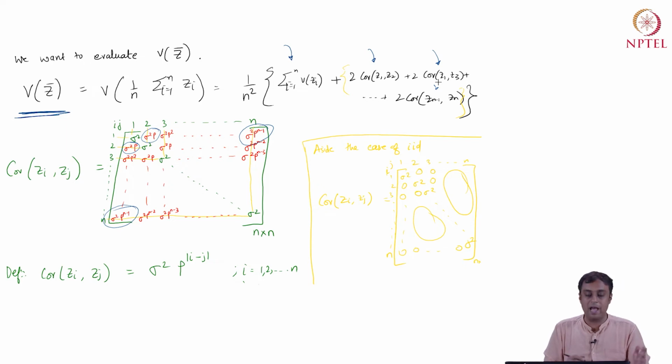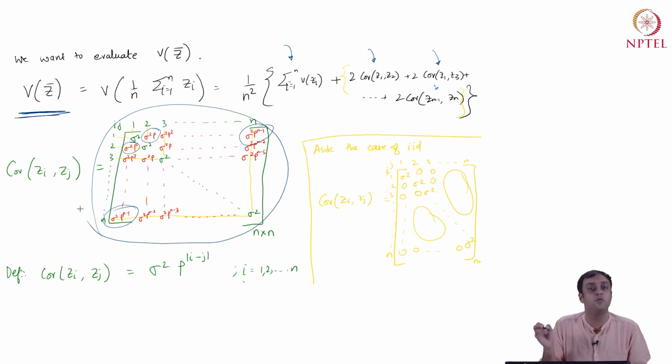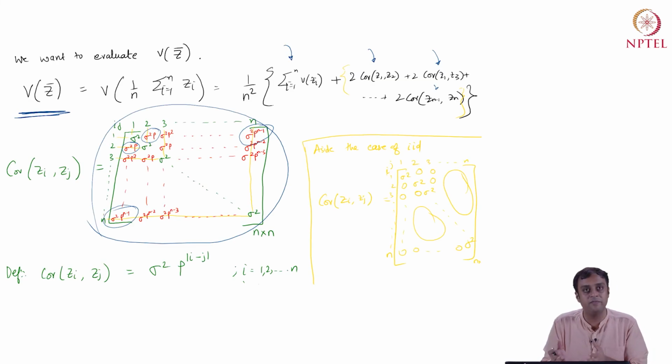So basically what I am doing is I am summing every cell of this variance covariance matrix and multiplying it by 1 over n squared, okay? So when you do that, what you're going to get is variance of z bar is equal to 1 over n squared. We can also take out sigma squared, by the way, right? On the previous page, I could have taken sigma squared out as a common multiplier from each cell of this matrix, right?